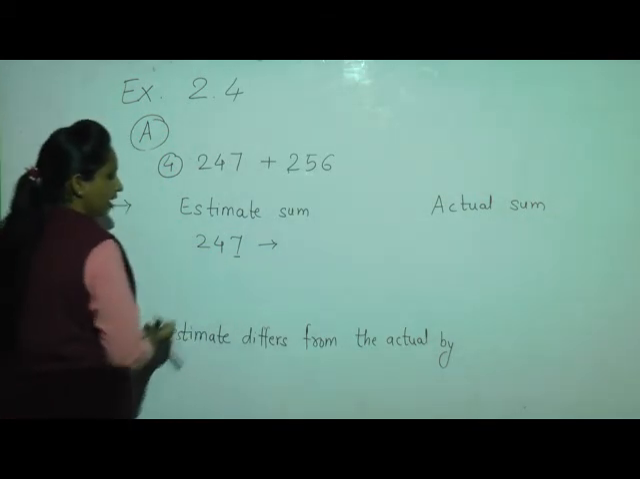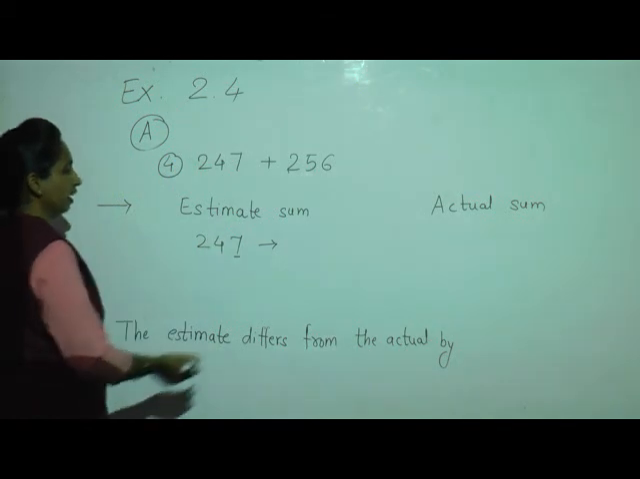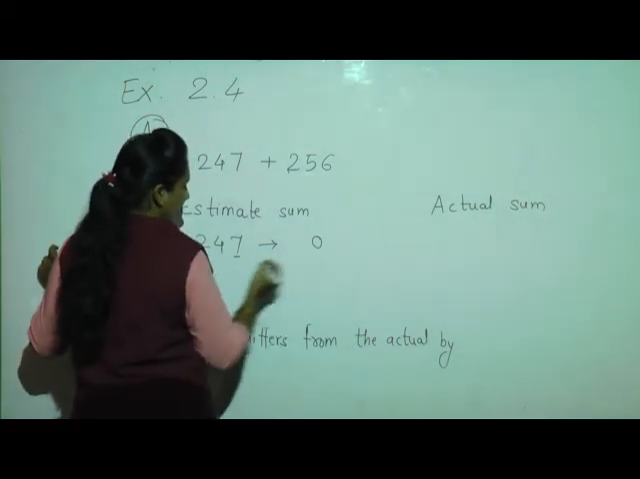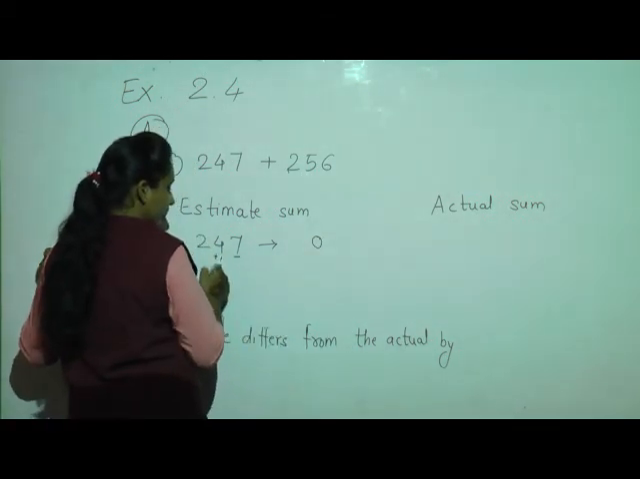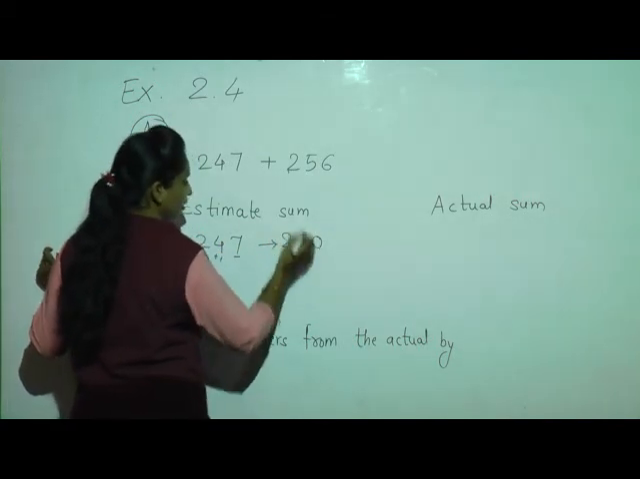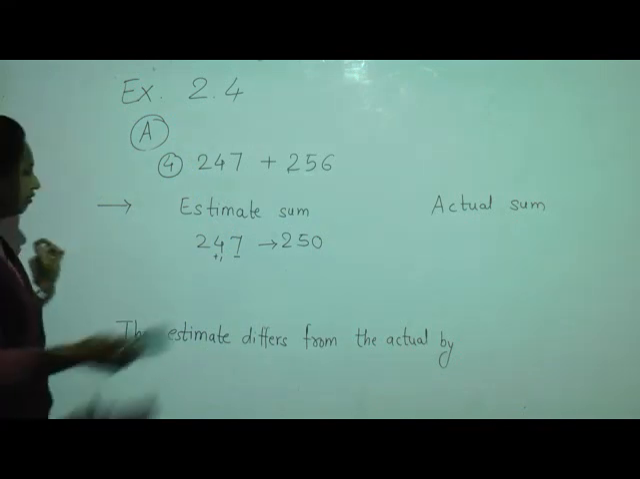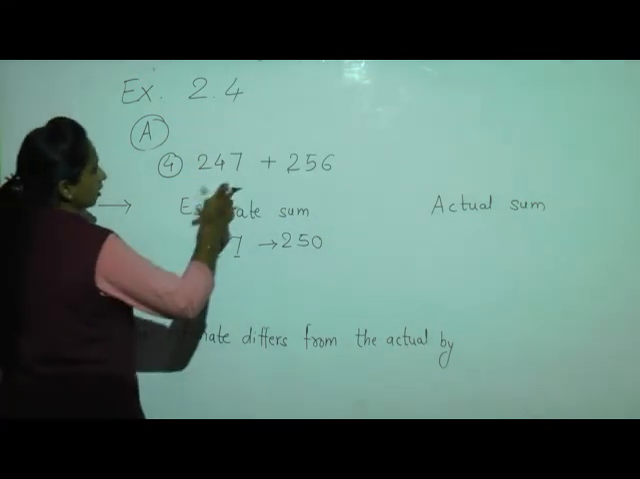What is there? 7. If it is 5 or more than 5, of course it is more than 5, so place the 0 at ones place and add 1 to the tens place. 4 plus 1 is 5 and 2 as it is. So the number is 250. Understood? The next number